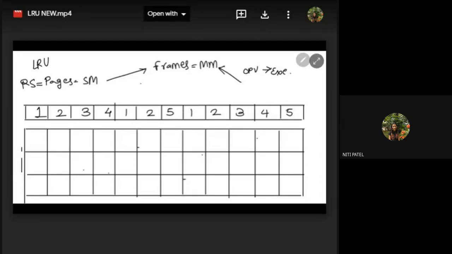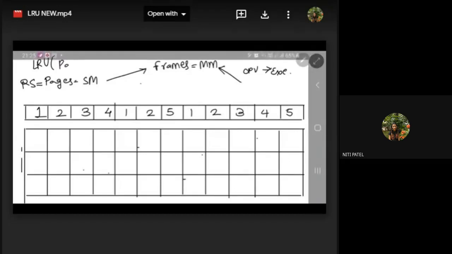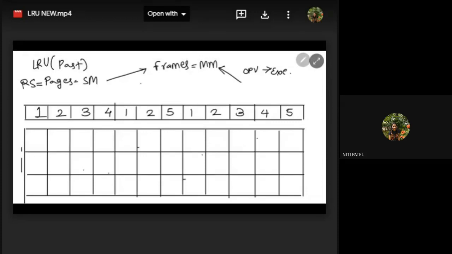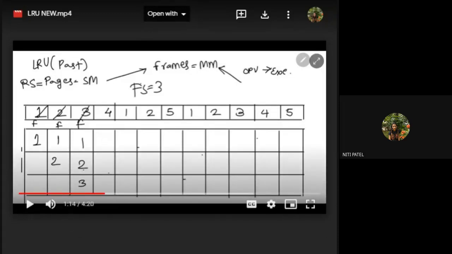So what do we do here in least recently used is we go and check in the past whichever pages are not used in the past, or whichever are used in the past will be replaced. Again here we have a frame size. Frame size is 3. So we load page 1 with a page fault, load 1 and 2 with fault, load 1, 2 and 3 with page fault. Observing every time in the first 3 frames there is a page fault. Why? Because my frames are empty and I'm putting it new again and again. Therefore, every time there is a page fault. Understanding?